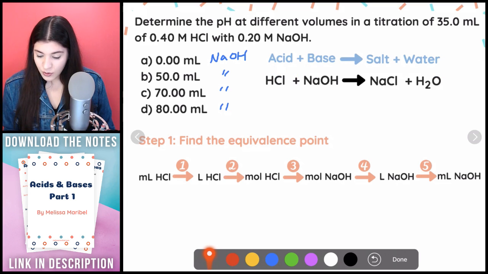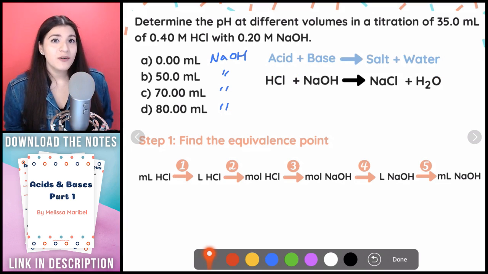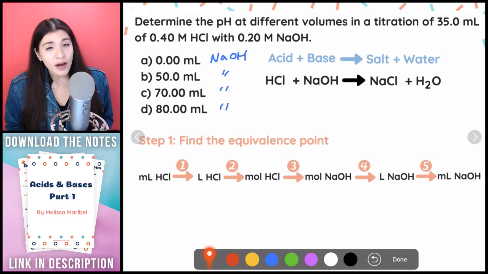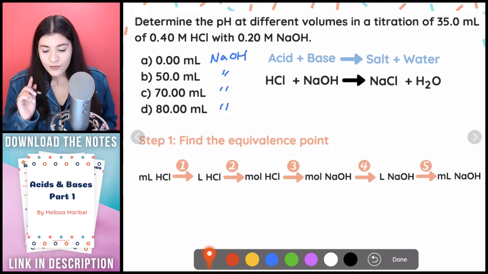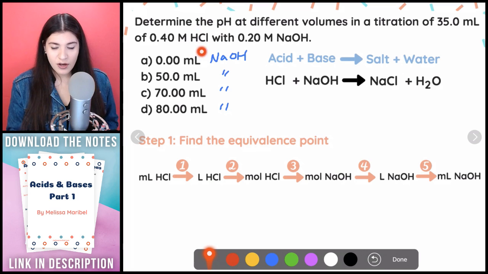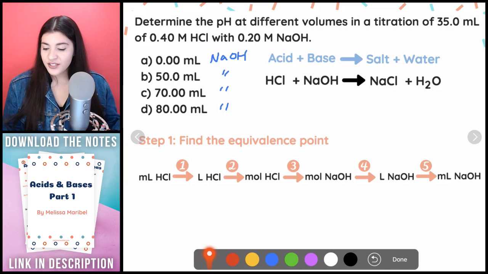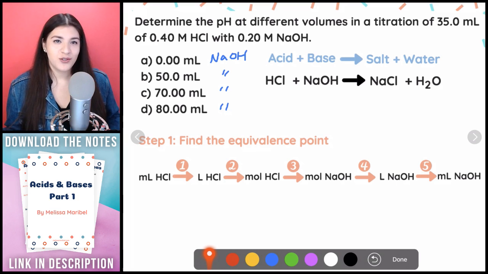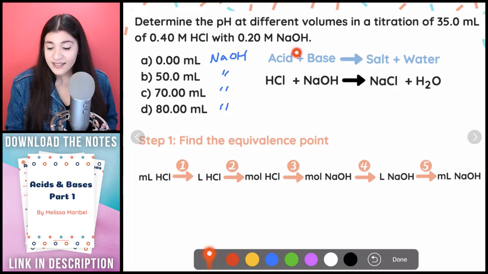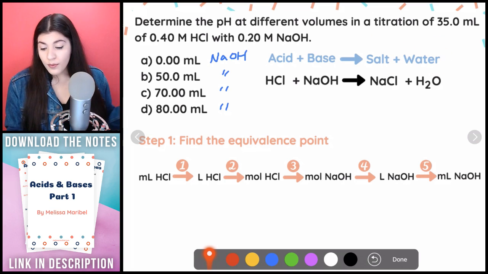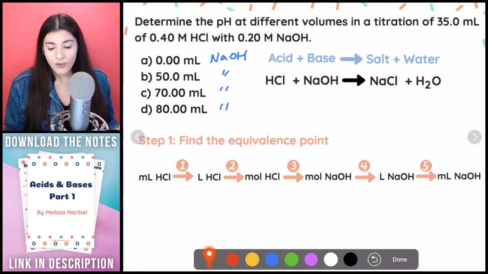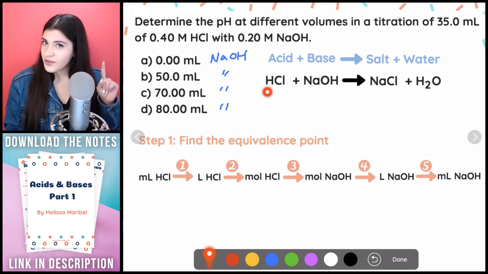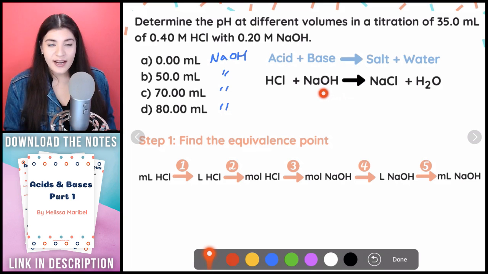Another thing that you will also need to know is how to actually write the balanced equation. They will not give you a balanced equation. So the fact that we knew that HCl was a strong acid and this was a strong base, and we talked about that titrations are just acid-base neutralization reactions. Well, what is an acid-base neutralization reaction? Well, that's an acid plus a base, and its product is a salt and water. So this is exactly how I knew how to write this formula, because our acid is the one that starts with an H, right? Our base is the one that ends in OH.